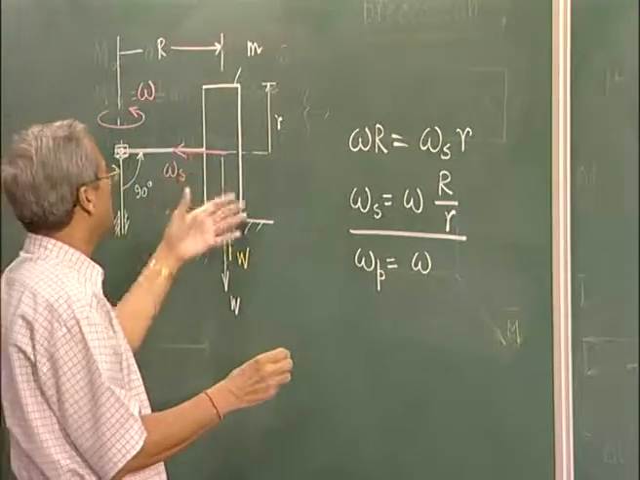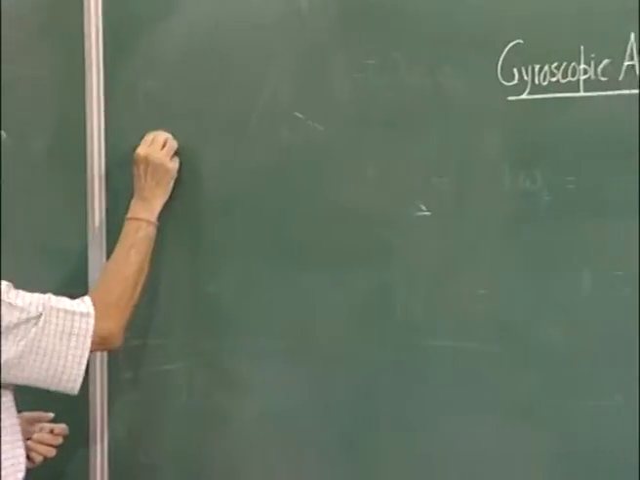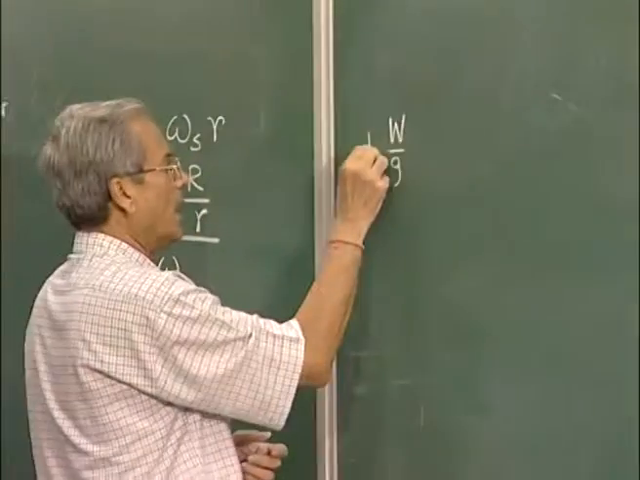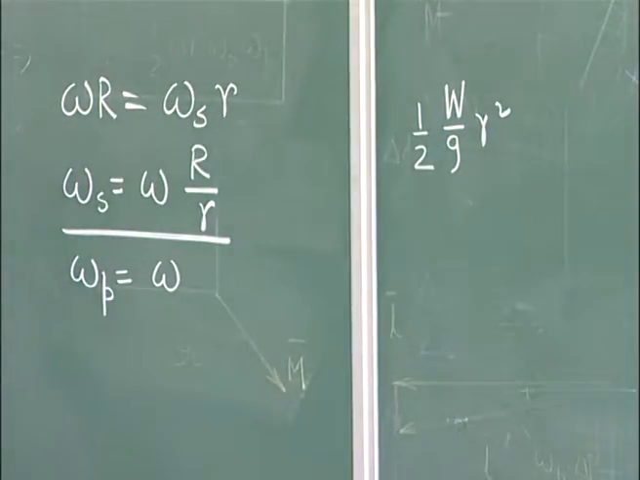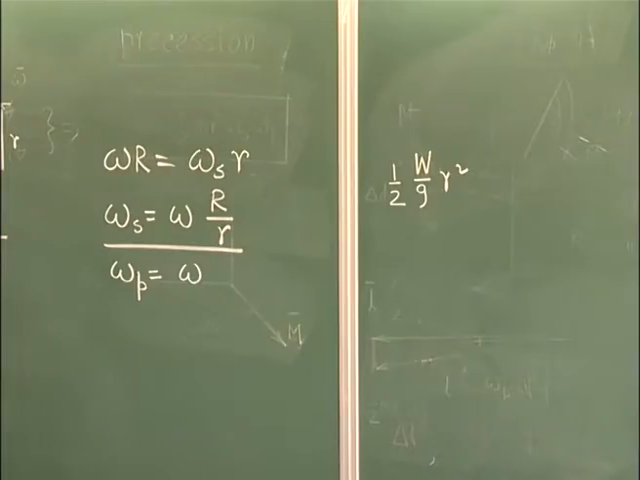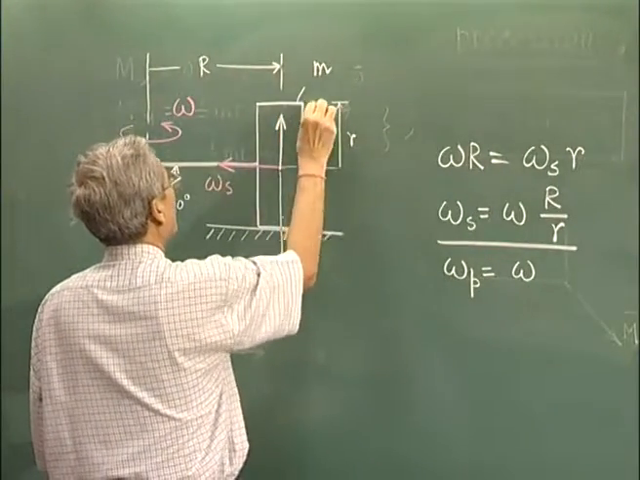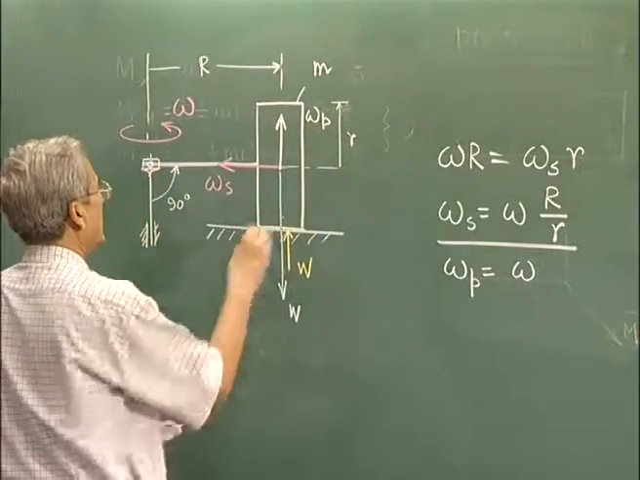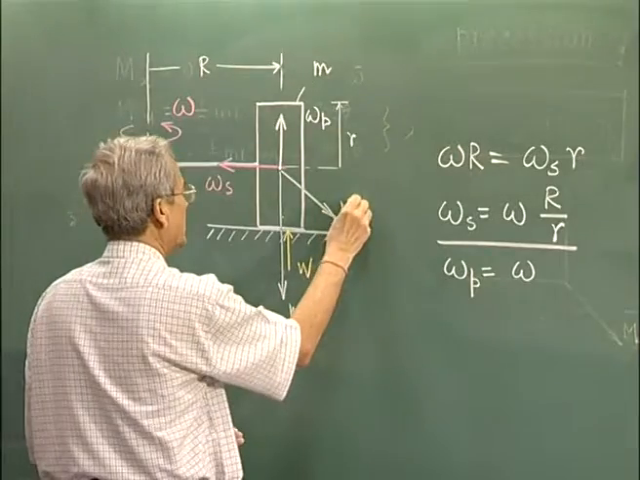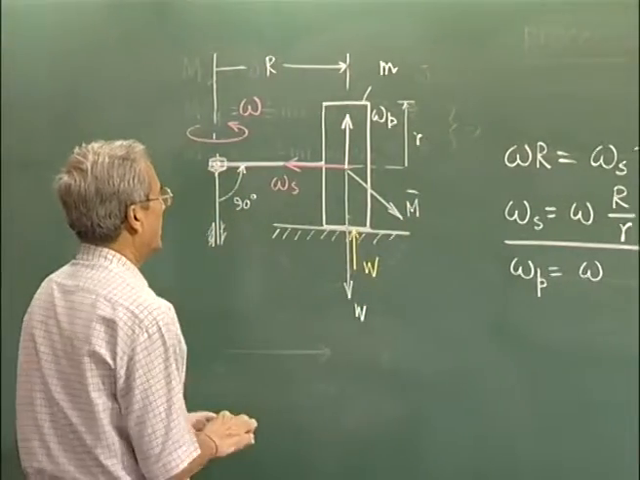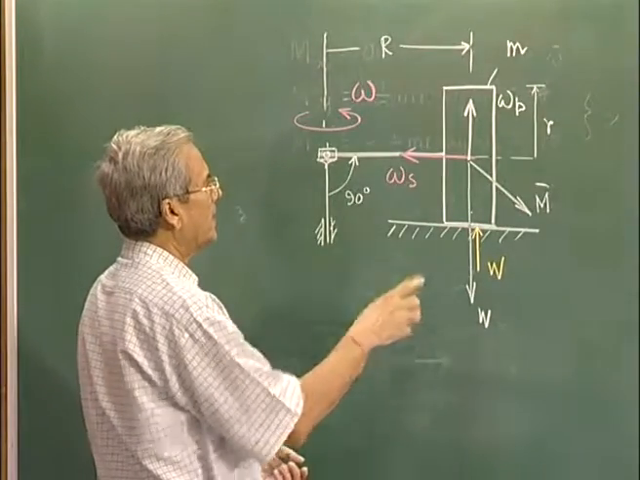Now, if we assume this to be a disc, then its moment of inertia will be W by g, the mass, into half r square. Half m r square is the moment of inertia. So, we know now that this is omega s, this is omega p, then we know that a torque must be acting in this direction on the system. That means there must be a torque which is acting on this body,